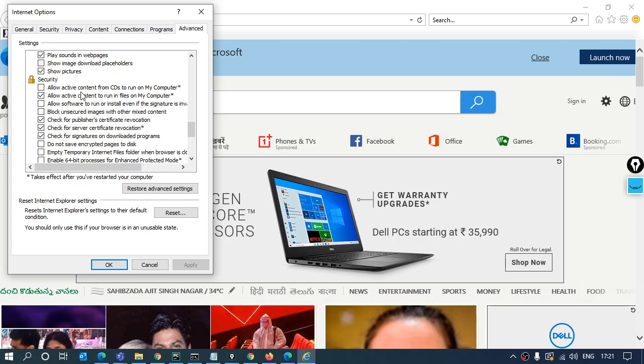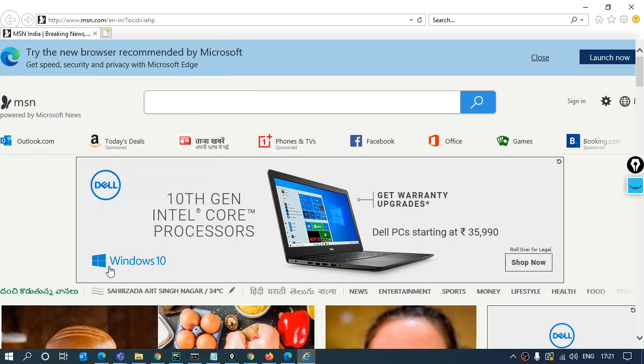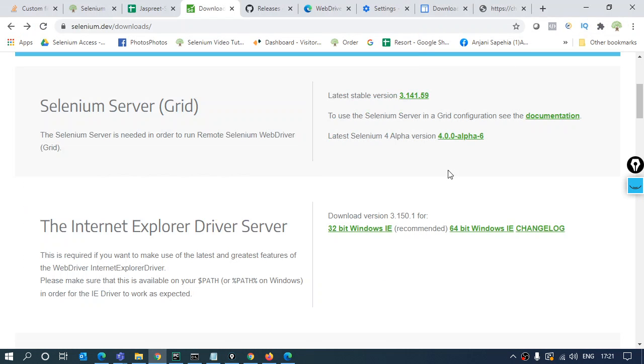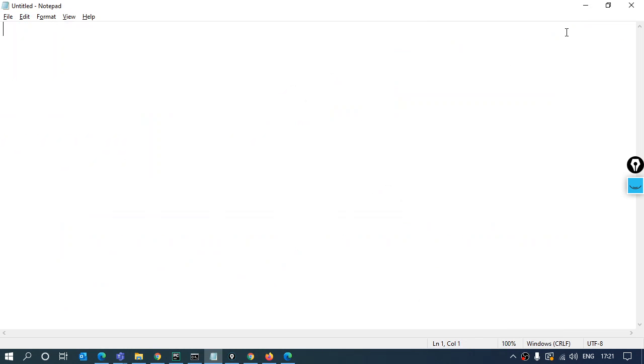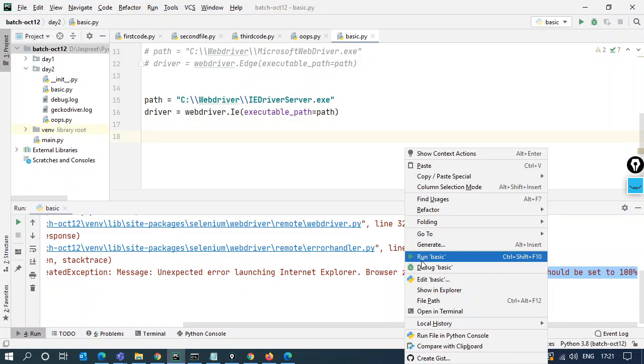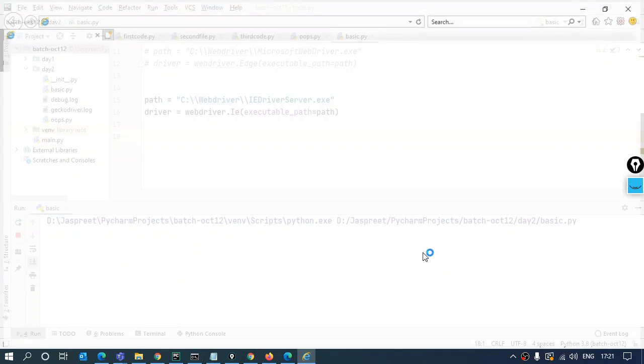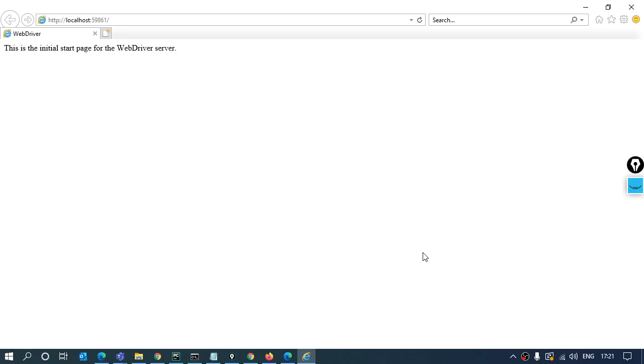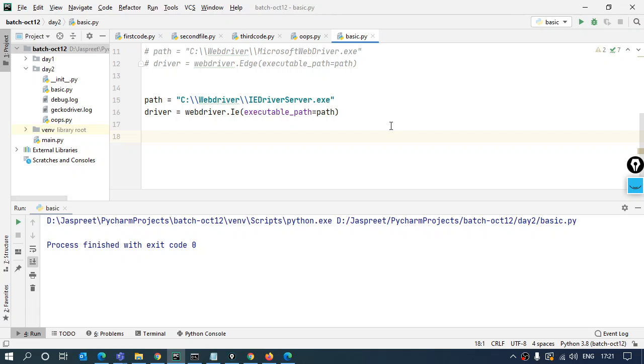These four changes, once they are done, click on apply and OK. Close the default browser, go back onto your IDE, PyCharm, and if you run this time, a blank Internet Explorer has come up without any pop-up. Fine. These four changes and Internet Explorer is working fine.